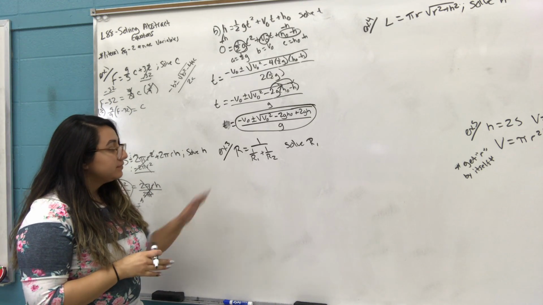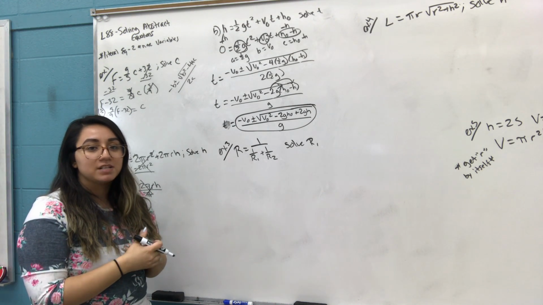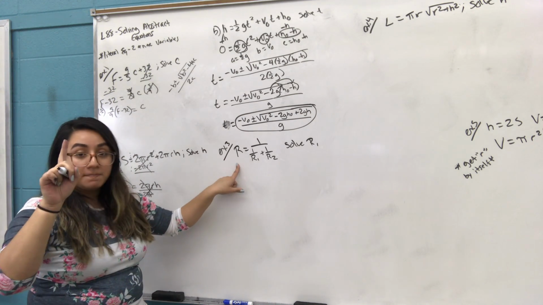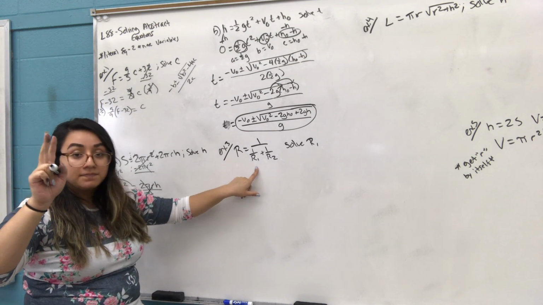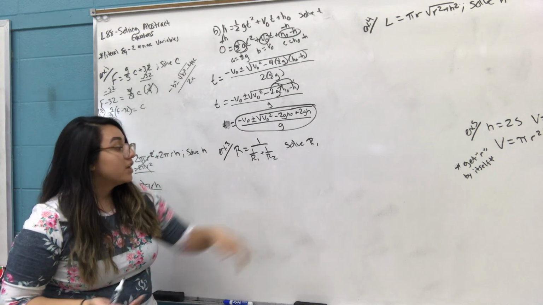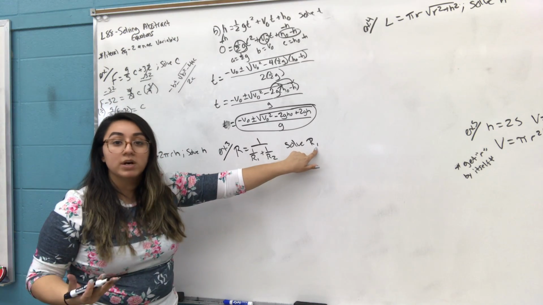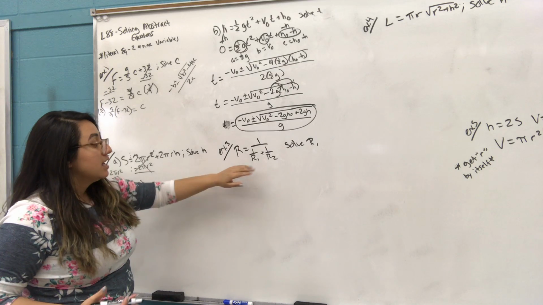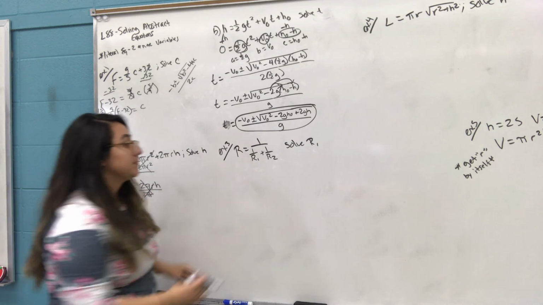Example 3. This is where it gets a little bit more complicated because they have the same variable. There's actually 3 different types of r here. There's r sub 1, and r sub 2. So there's 3 different types of r. They only want us to solve for r1. So here we have a complex fraction. We have to go back to the basics. Complex fraction, we want to get rid of it. To get rid of it,